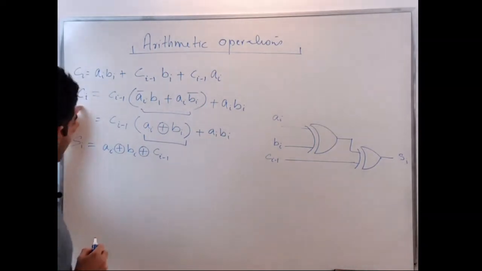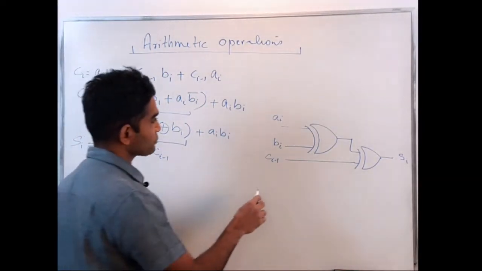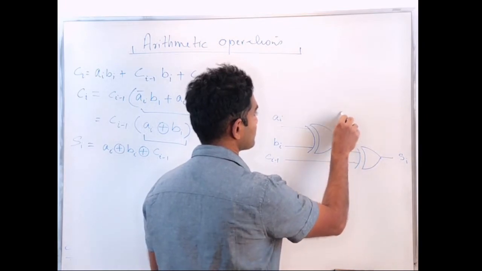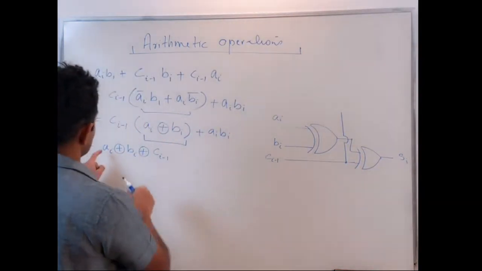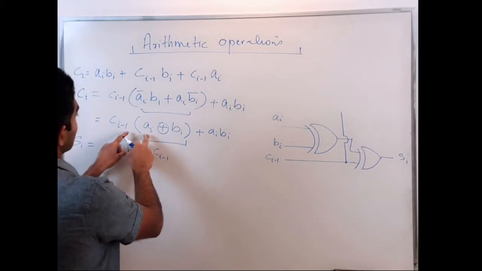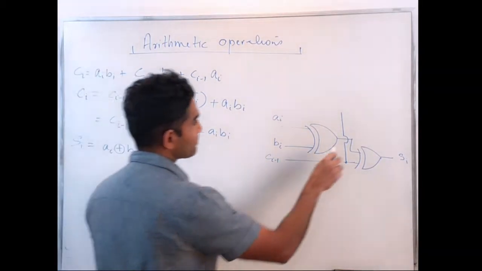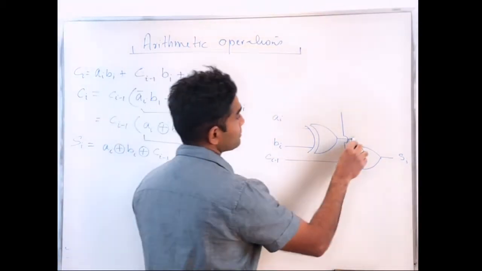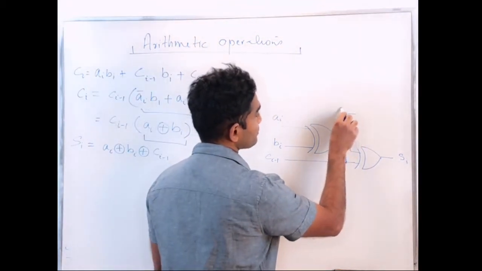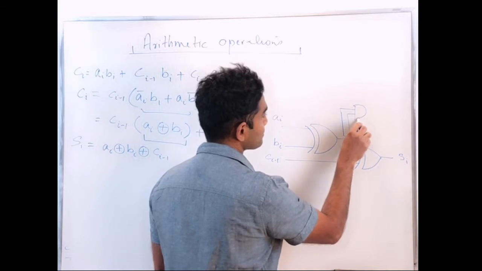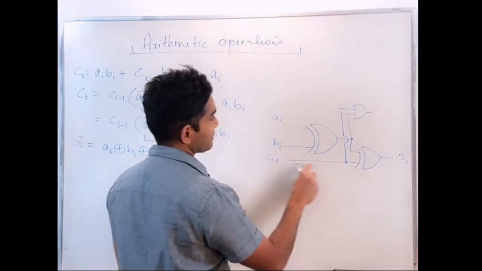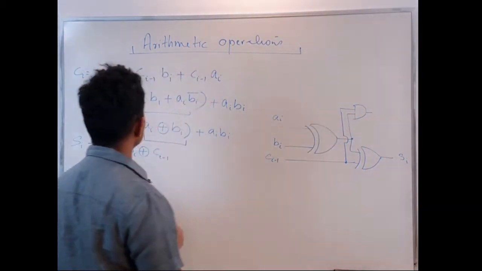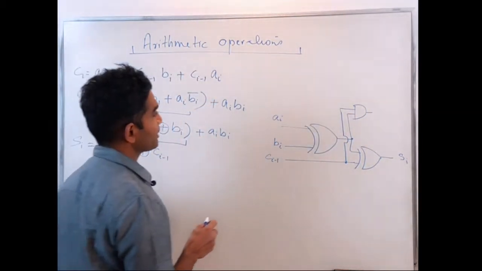And my Ci is Ci minus 1 AND Ai exclusive-OR Bi, which I'm able to get directly from here. I don't have to compute that again. As an AND gate, that's Ci minus 1 and Ai exclusive-OR Bi there,